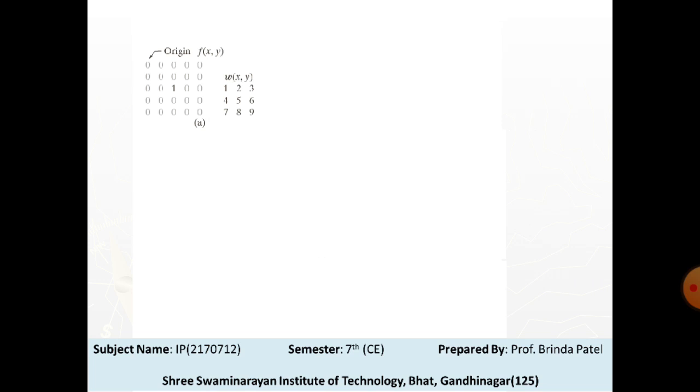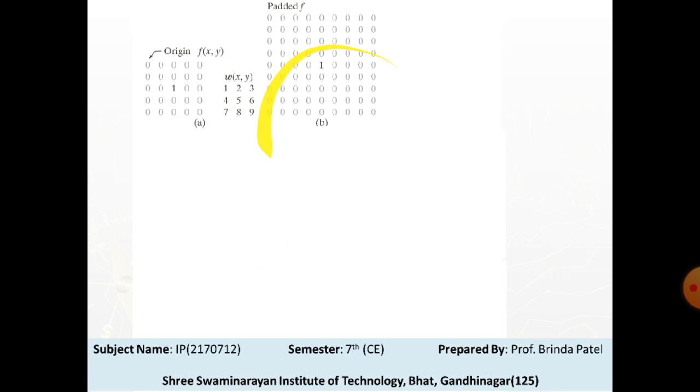In case m and n are equal to 3, we pad f with 2 rows of zeros above and below, and 2 columns of zeros to the left and right. Figure B shows f with 2 rows of zeros above and below and 2 columns of zeros to the left and right.